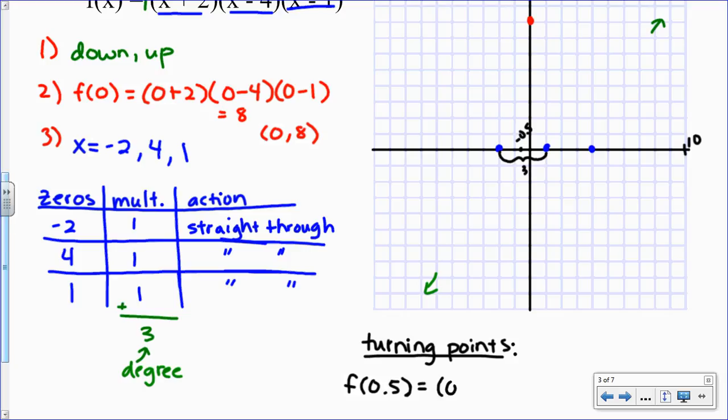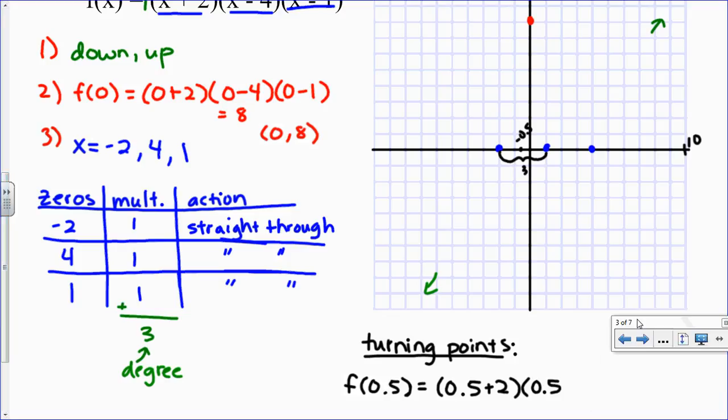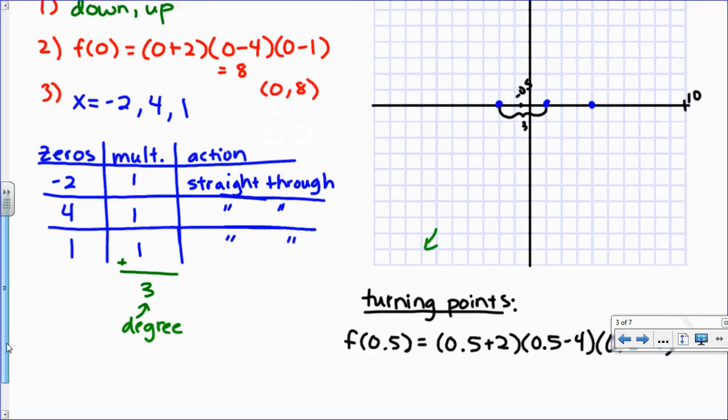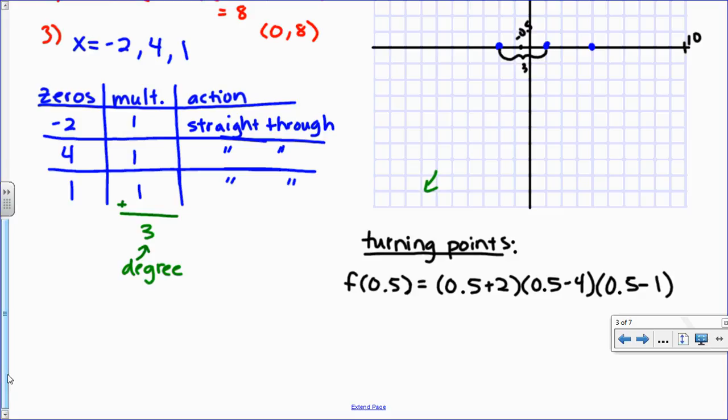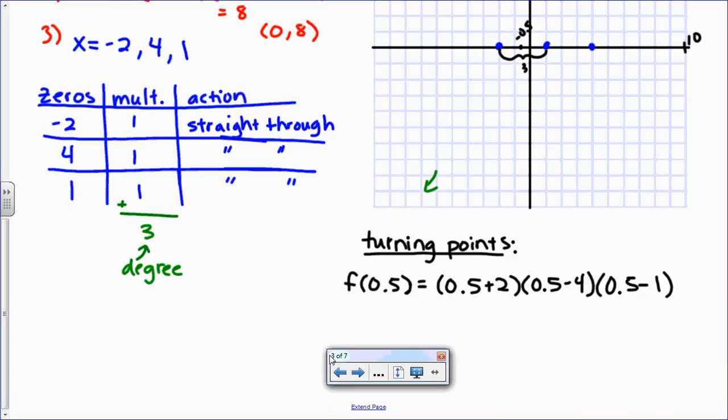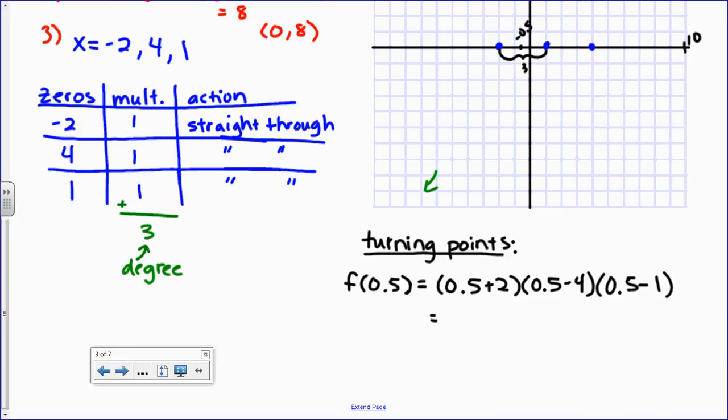So 0.5 plus 2 times 0.5 minus 4 times 0.5 minus 1. So we calculate that, and that's 10.125, that was,